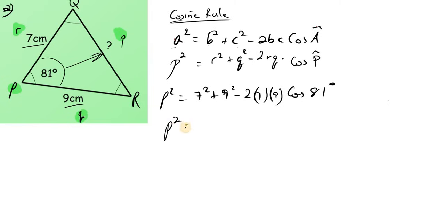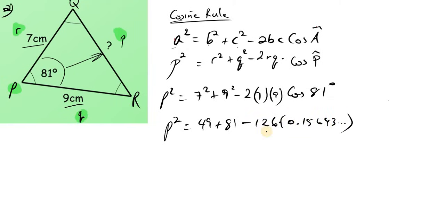So we have P squared is equal to, now what you can do here, you can just plug this entire expression in your calculator. If you have a double display calculator, you can put it in. If not, then you can just break it down. 7 squared is 49. 9 squared is 81. And then we can say 2 times 7 times 9. You can put that in your calculator. We get 126 multiplied by the cosine of 81. So cosine 81, no inverse here because it's just straight cosine, and we end up with